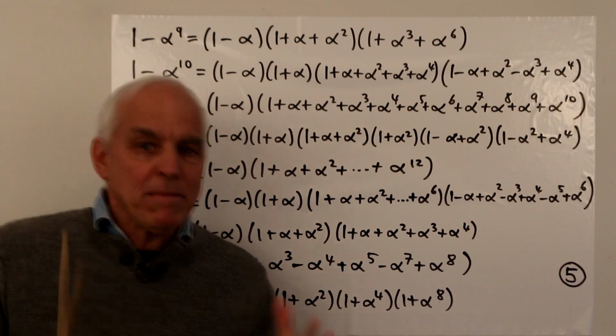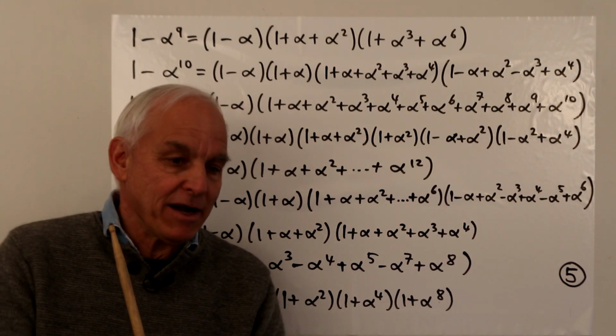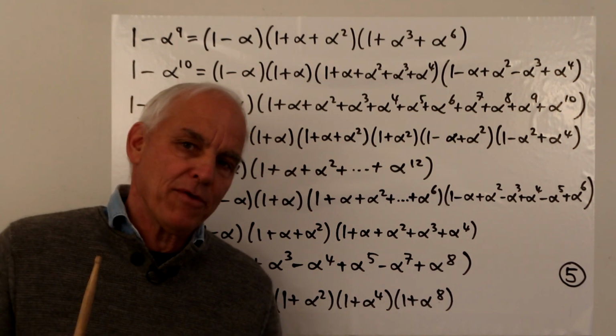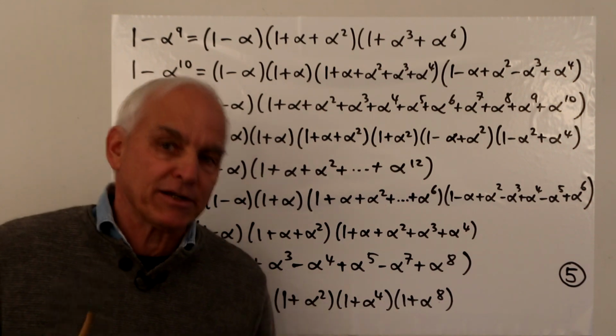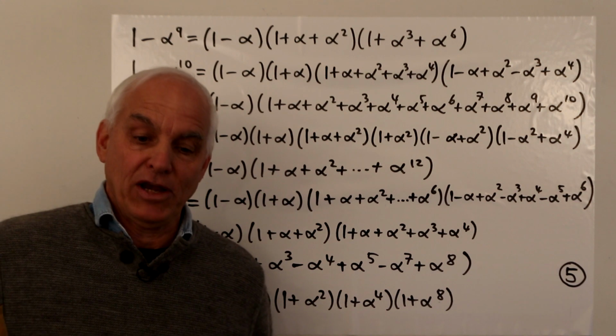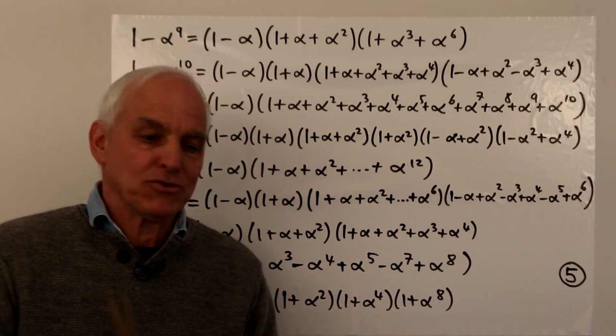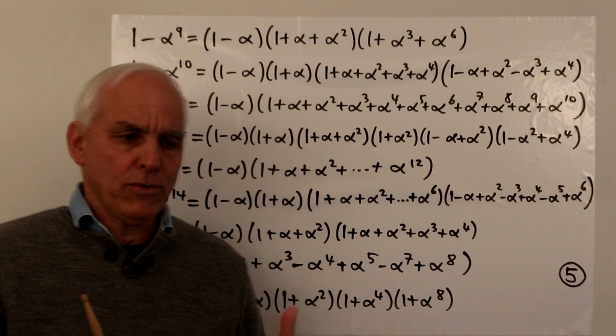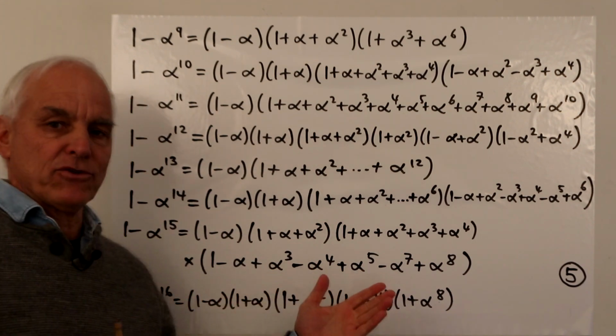So maybe your appetite here is whetted a little bit and you're kind of interested. I wonder how this carries on. Could I predict what happens, say, for the next 10 or 20 factorizations? That's an interesting kind of challenge. And how do we actually come up with these factorizations?